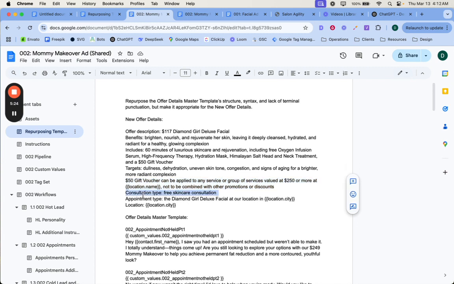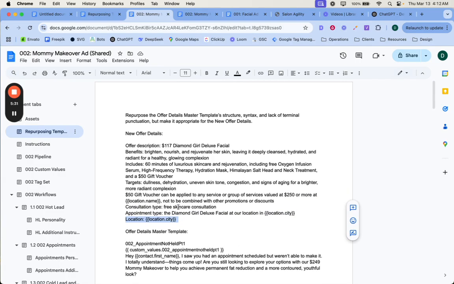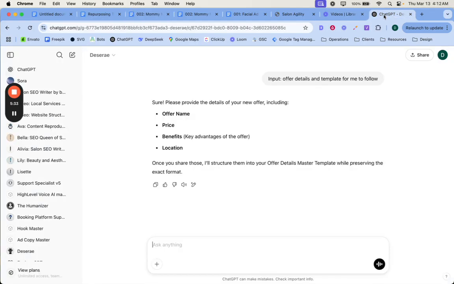Okay, consultation type, you should know that. Appointment type, you should know that. Location, obviously, you should know that. Okay, but once you have that, and once you come into the custom GPT and click that little button